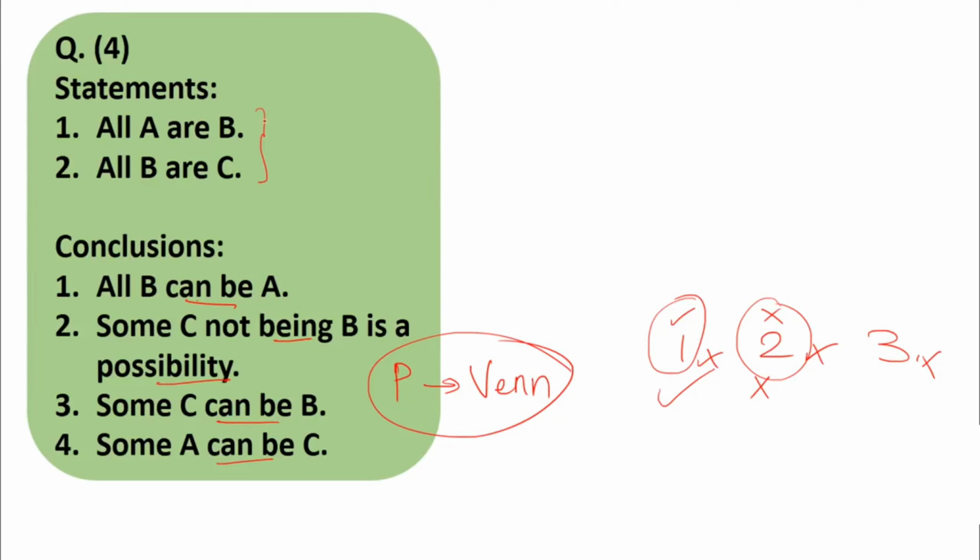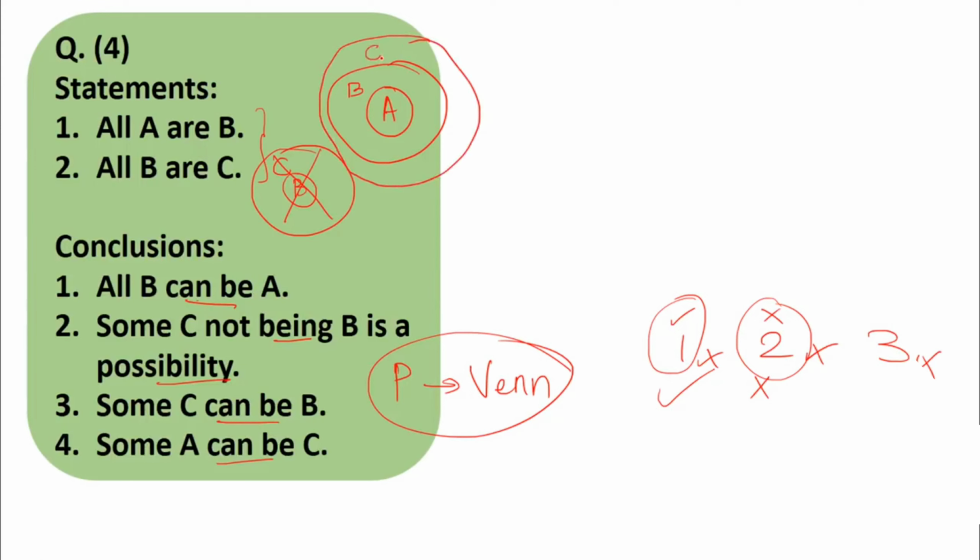Now over here the statements are: all A are B. Okay, this is A, and this is B. This is the diagram for all A are B. All B are C. This is B, this is C. Now we already have one diagram. We cannot have two separate diagrams for two statements. We have to write this over here only because we already have B over here. So cancel this out, just draw another circle over here and write C. So both the statements get satisfied in one single diagram. All A are B, all B are C.